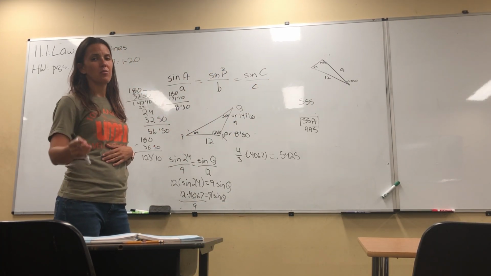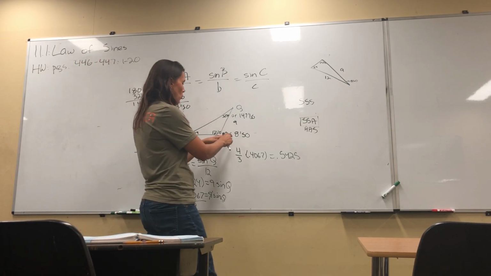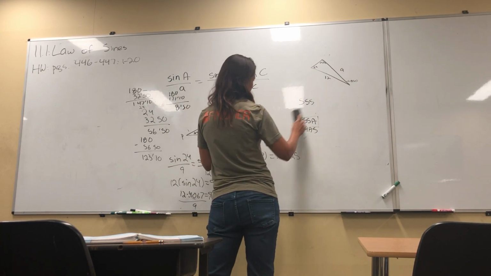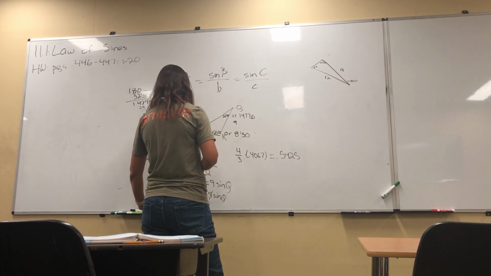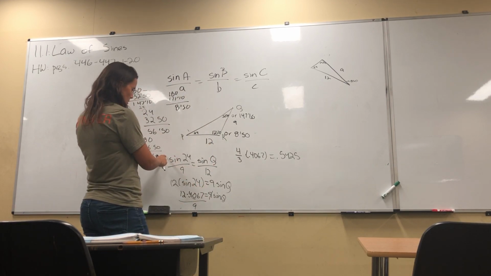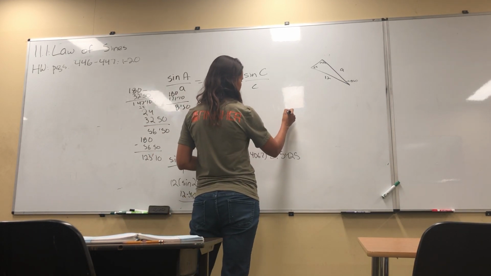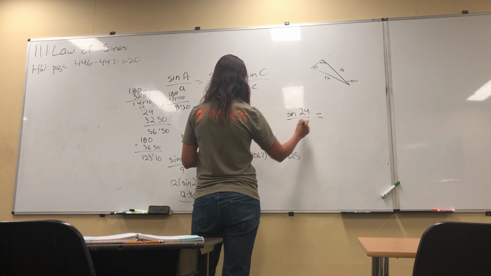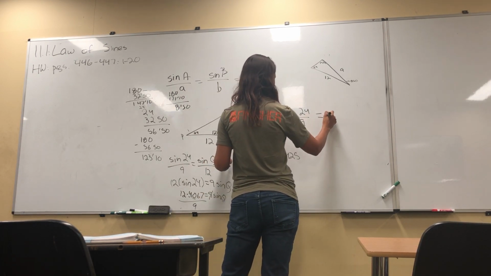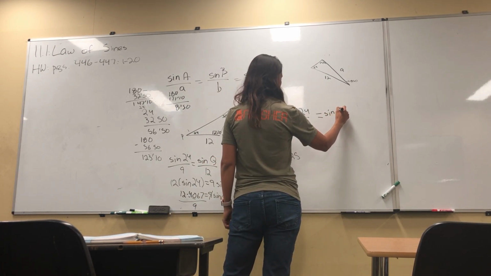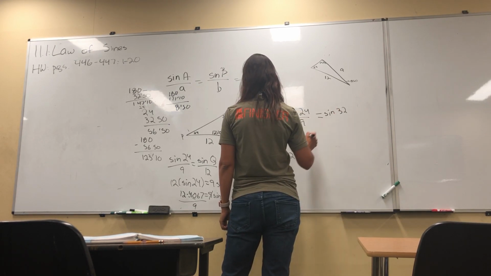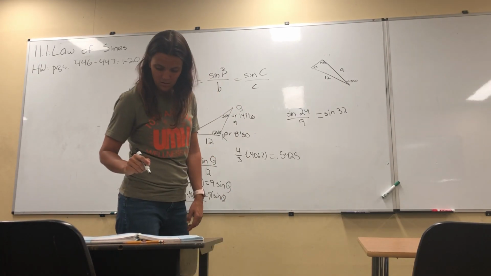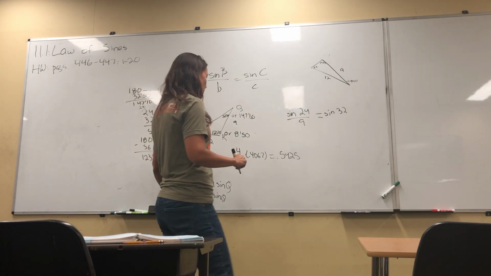How are we going to figure it out? We have the law of sines. We have to do it 2 times. Once for this option, once for this option, okay? So, I'm going to erase all this, and we have what we calculated over here, right? Sine of 24 over 9. And we have 2 possibilities. It's either going to equal sine of 123.10, sorry,